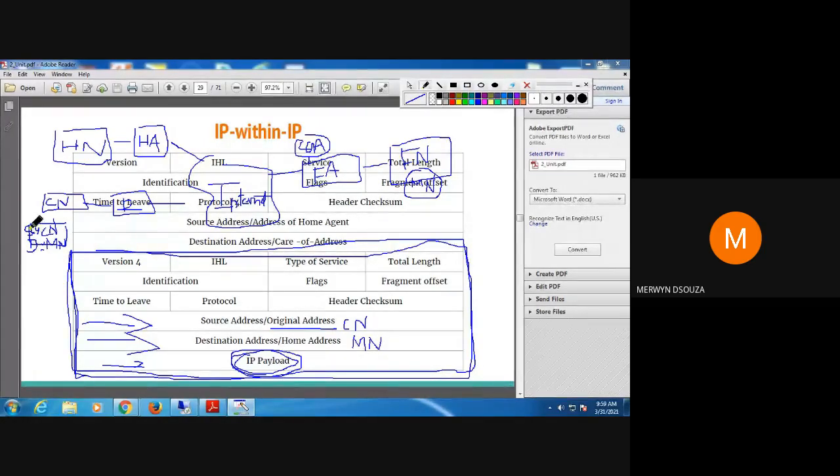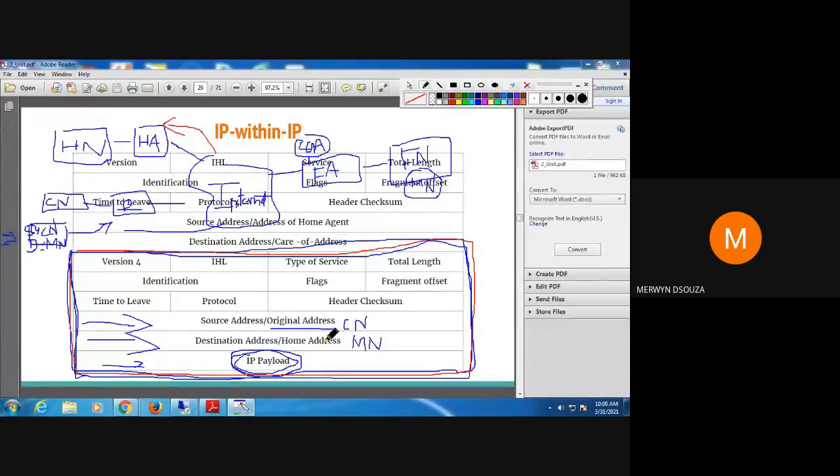This packet that the CN has made is forwarded to its router. Then that router forwards it over the internet to the home agent. The home agent now has this packet that was sent by CN.